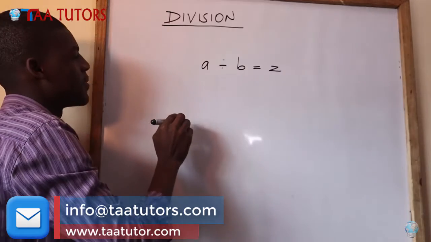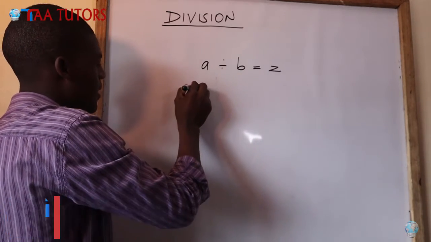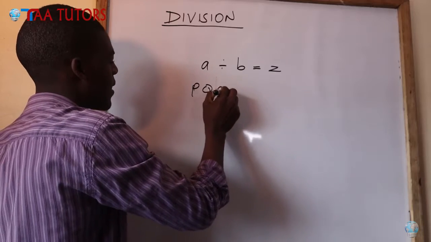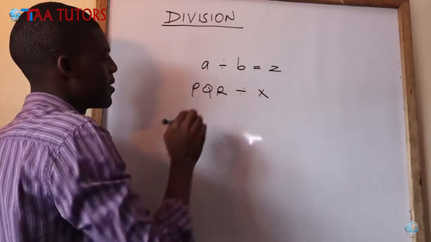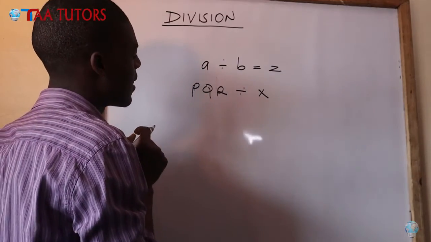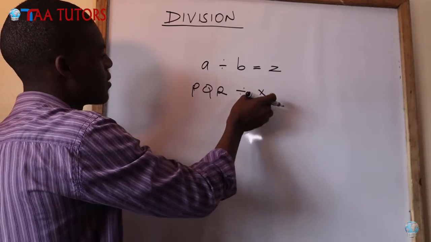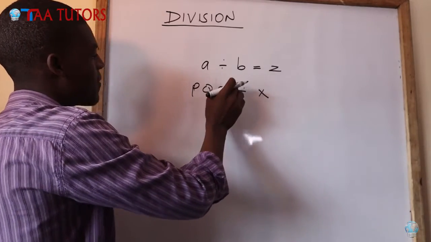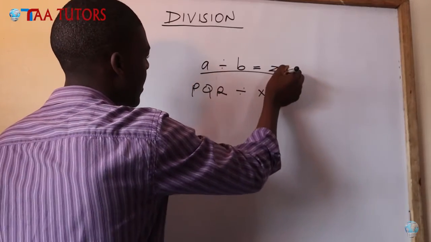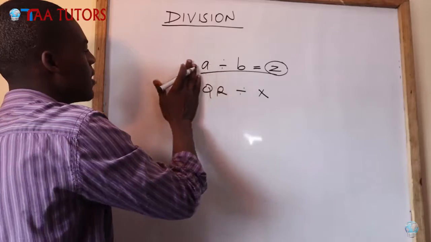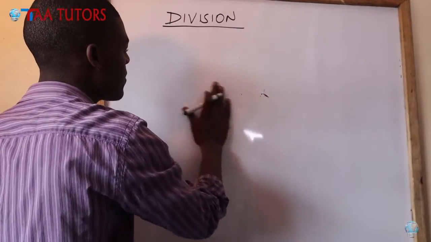But you'll find a number which is a little bit bigger, like let's take PQR to be divided by X. In this one it becomes a challenge, so there's another method in which we can carry out this division. We will first check on the simple division that requires just to give an answer, like in this case. So when we look at examples, before I go to the complicated one,